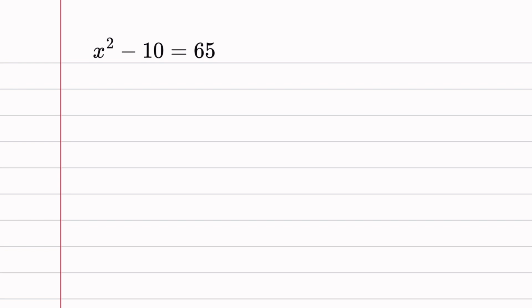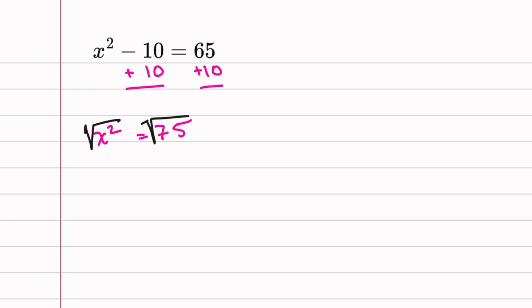The second half of assignment 3.5 was a little bit different. Suddenly, you have an equal sign that you have to deal with. But don't overthink it. You've done these before. I'm going to solve this just like I did in Algebra 1 by adding 10 to both sides. Now I'm left with x squared equals 75. Now that I only have an x squared on this side of my equation, I can take the square root of both sides